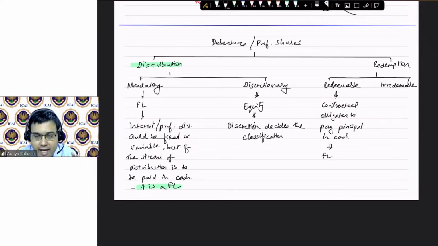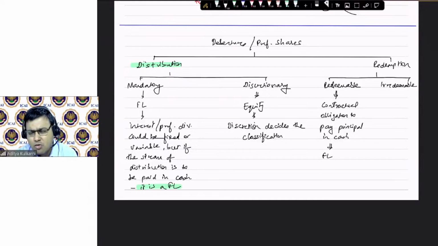You do not have irredeemable instruments in India. Remember that. Even preference shares have a maximum maturity of 20 years. After 20 years, you have to redeem it. That is what the Companies Act states, and therefore please don't say that we are not studying the Companies Act here. There are instruments which are irredeemable. They only give interest; the principal will never come back to you.